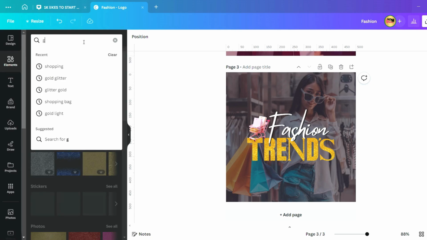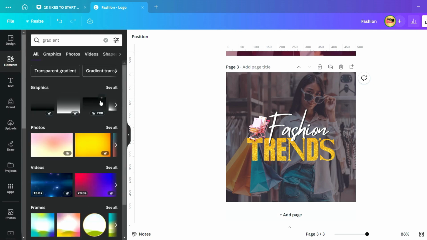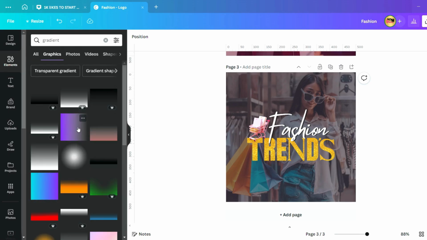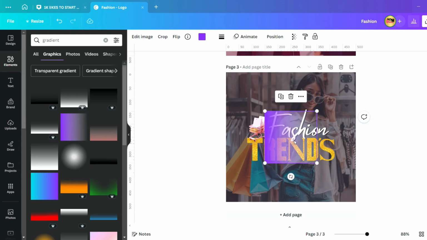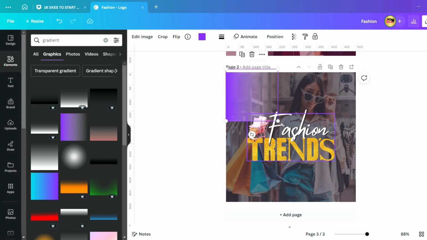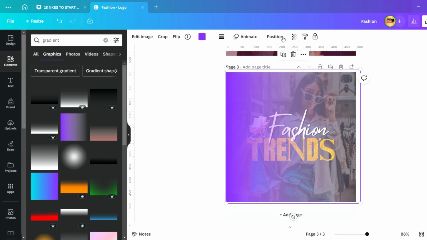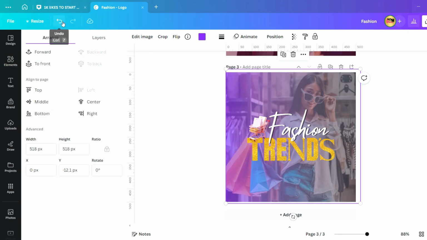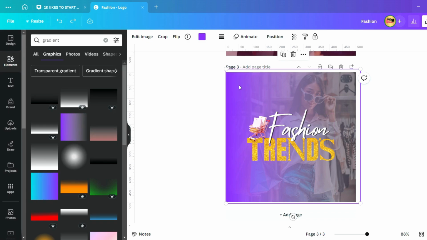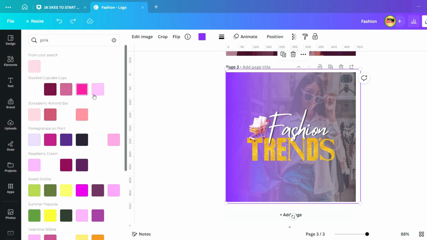Then I would go on gradient. Once I'm on gradient, I will select a gradient, so the purple gradient, the orange gradient, those gradients are able to change the background color. So I am just going to select this purple gradient, pull it like that. Then I'm going to go on position, and I'm going to put it behind my logo. Now in order to change the color of the gradient, you will see a color up here, on the left and upper section. So I have the opportunity to change it to whichever color I want. So I can go ahead and change those colors, and then